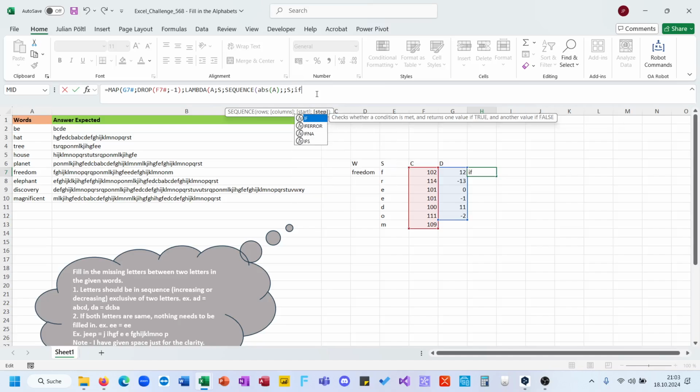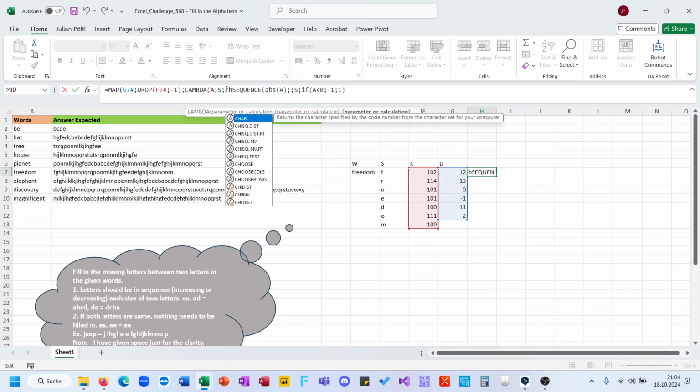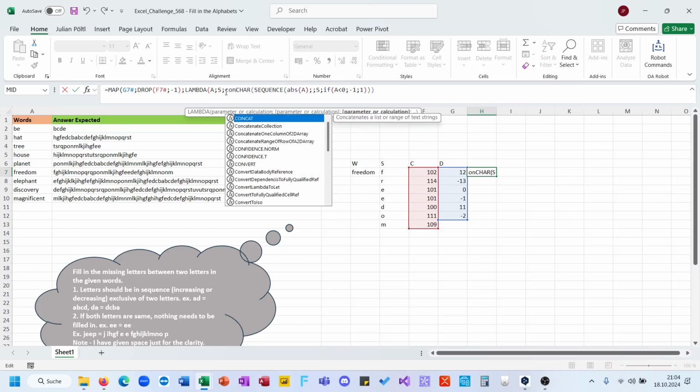And now for the step I use IF A is smaller than 0, then I want -1, otherwise I want 1, because also we need to go from large to small, so stepping down, and this you can do also with the SEQUENCE function. Now we want to have the characters, close a few brackets and CONCAT this,